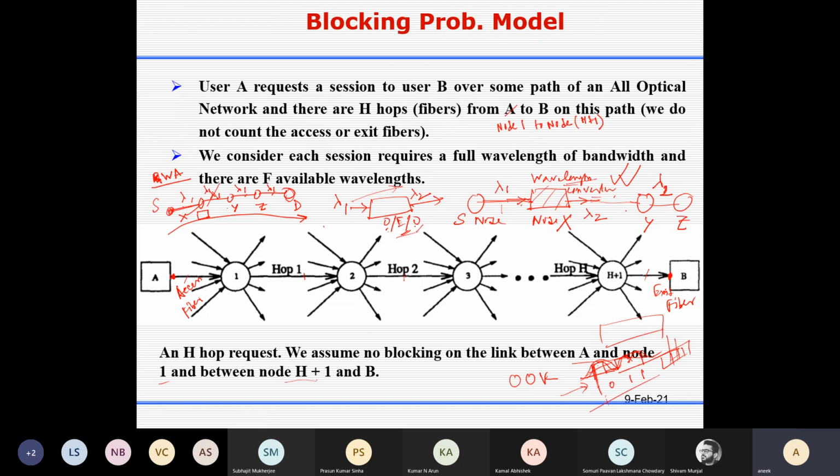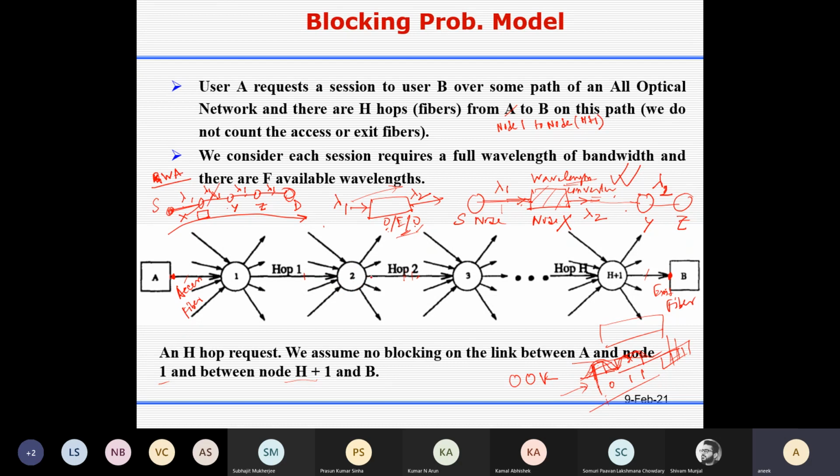Only then will you experience blocking. If you find a hop where all wavelengths are blocked, there can be a maximum of F wavelengths, because your total number of wavelengths is F. So if all these F wavelengths are blocked, then even if you have a wavelength converter here, you cannot find any free wavelength because the fiber doesn't support more, and the node cannot help.